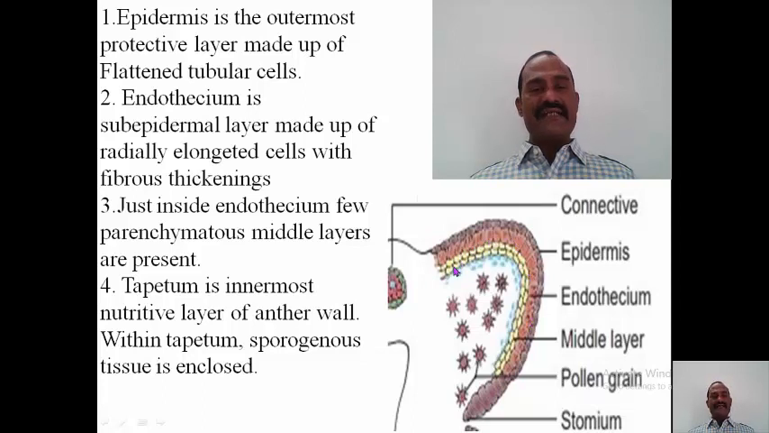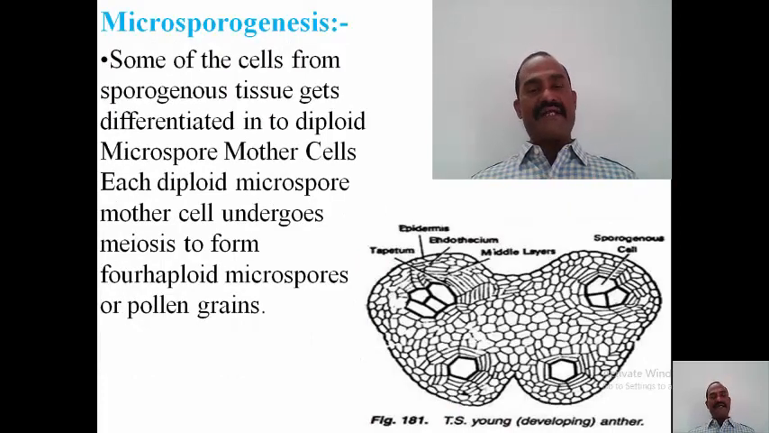Just inside the endothecium, you can have a few layers of parenchymatous middle layers. And these parenchymatous middle layers enclose the last, innermost layer, that is the tapetum. Tapetum is the innermost nutritive layer of the anther wall, and within the tapetum, you can have sporogenous tissue that is enclosed. As far as microsporogenesis is concerned, some of the cells of sporogenous tissue get differentiated to form